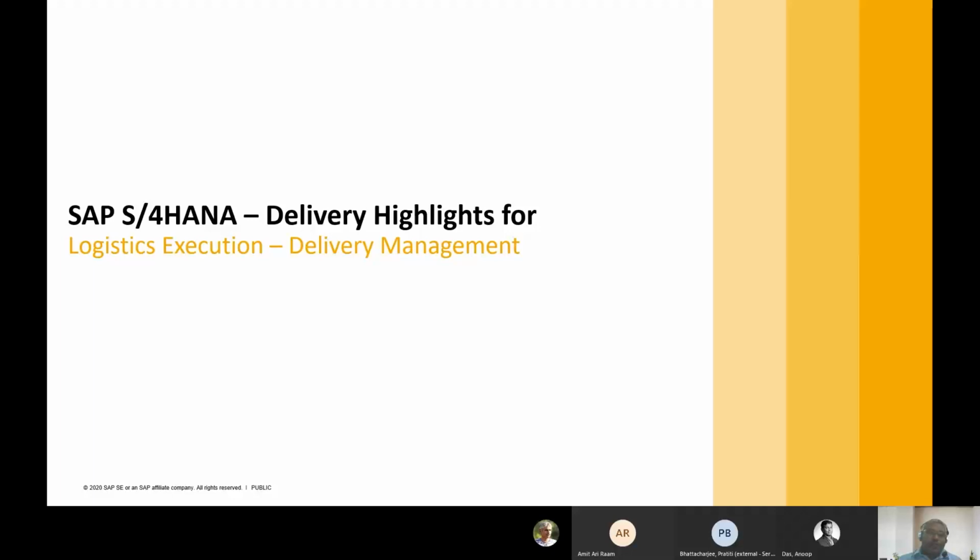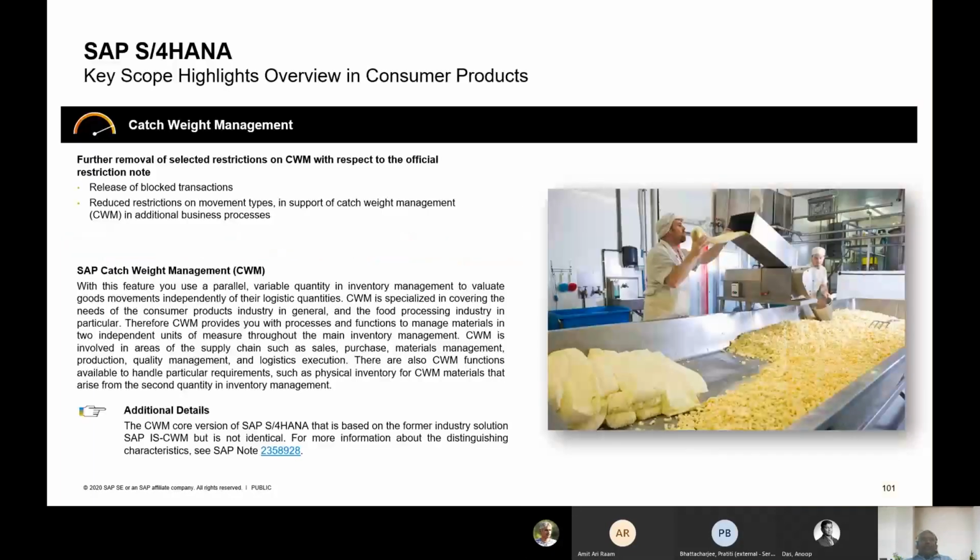will be in the following slides. So basically, as we are aware, in the consumer industry we have catch weight management, where we have parallel units available to measure the quantities or different units that we maintain. That has now been enabled on the procurement side as well as on the sales side, during my goods movement as goods receipt or during the delivery issue part of it.